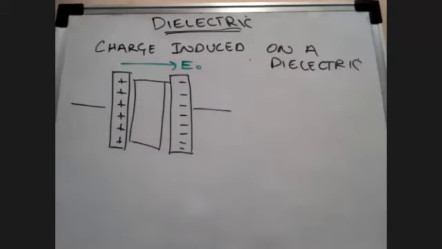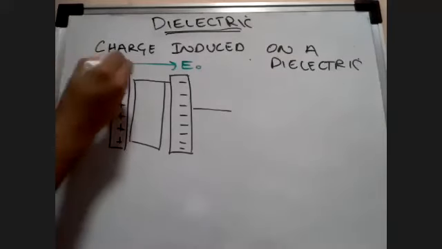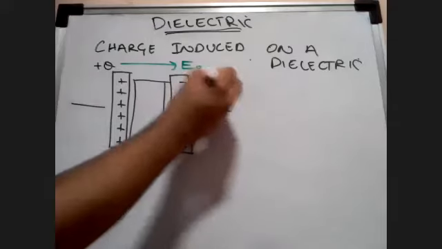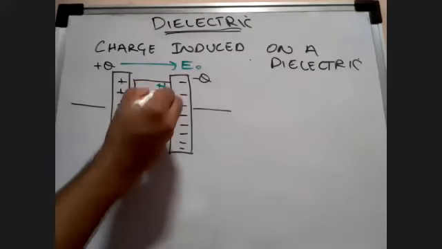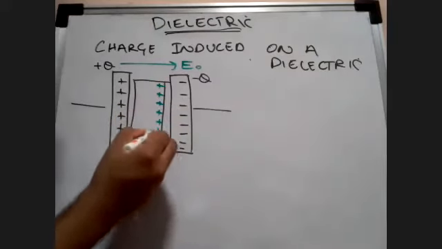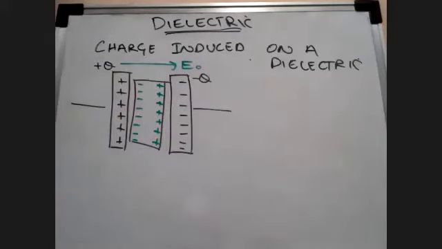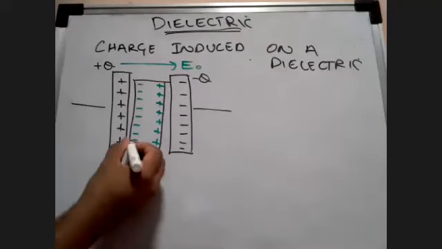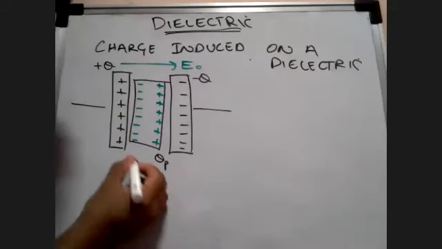If I say that is E naught, and I say that this parallel plate on the left side has a charge plus Q, and the right side has a charge minus Q, I can say that the polar molecules inside the dielectric are going to have a surface net charge in this form: plus plus plus here, minus minus minus minus minus, right? And I will write these charges to be QP and minus QP.